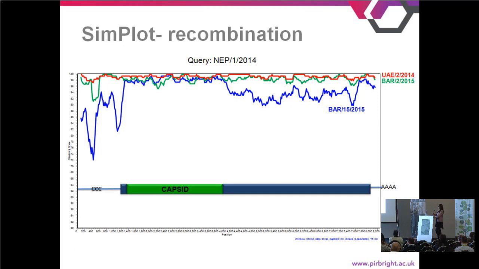However, in the structural coding region, the Bahrain virus varies from the other two, indicating recombination. We do not have the sequence data that we could identify this sequence, but perhaps this has originated from the